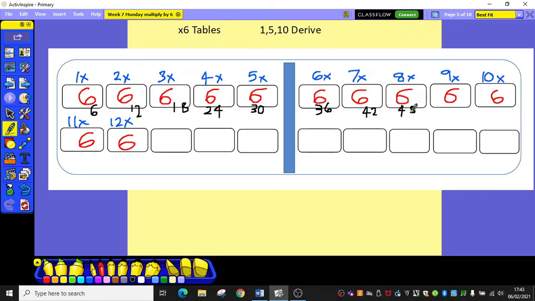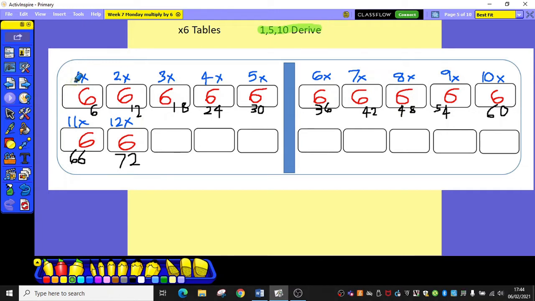9 times 6, 54. 10 times 6, 60. 11 times 6, 66. 12 times 6, 72. Now, I know at school we often talk about the idea, this concept of 1, 5, 10 derive,